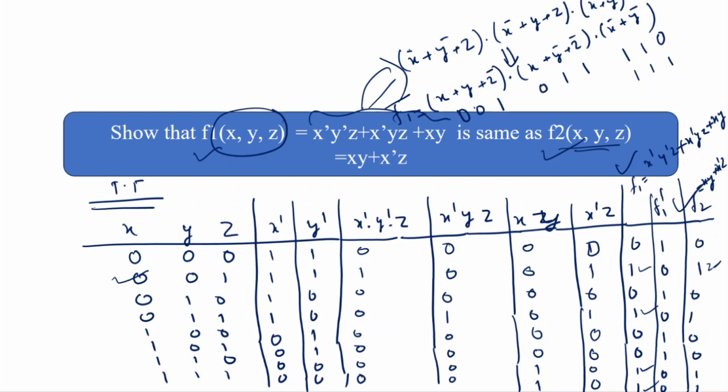Means in these possible combinations the output is 0. Here in these possible combinations in complemented form, this represents a max term, and in these combinations the output is 0. This 0 0 0 means in the original form in this combination the output is 1, and in the rest the output is 0 in complemented form, and in the rest of the combinations the output values will be 1. So this is the way of obtaining the complement of any function with the help of a truth table or by using the principle of duality, and after finding the dual of the Boolean expression, we simply find the complement of each literal present in the dual.